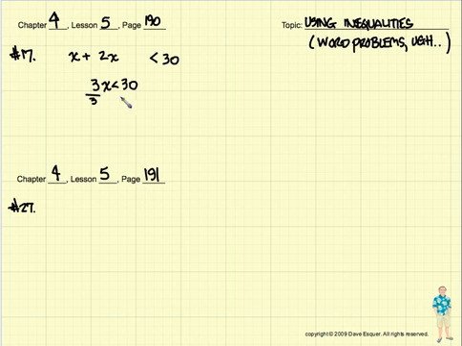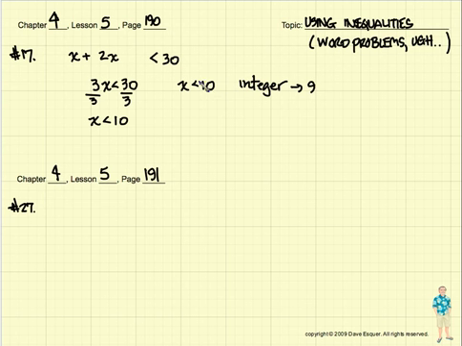Hey, it doesn't look so bad. Let's divide both sides by 3. x turns out to be less than 10. Now, x stood for an integer. x was an integer that was less than 10. Well, let's think of an integer that's less than 10. I think that integer has to be